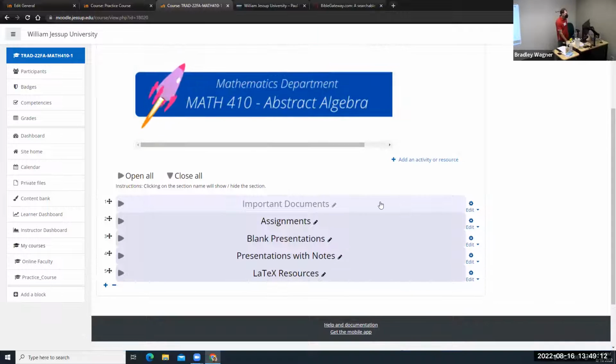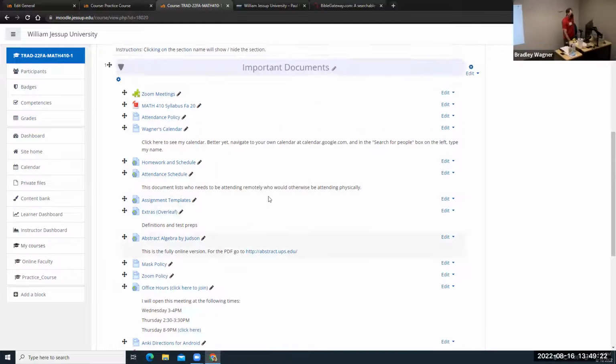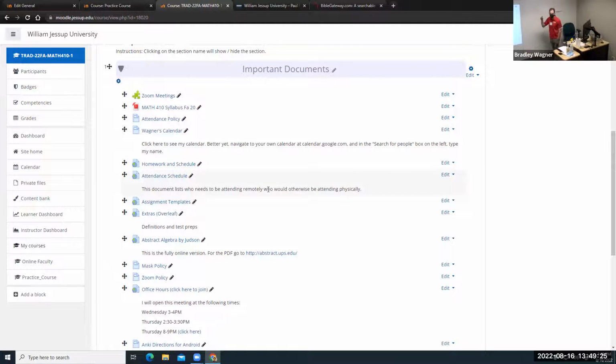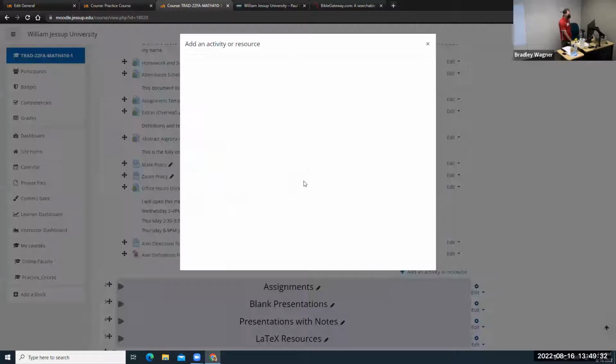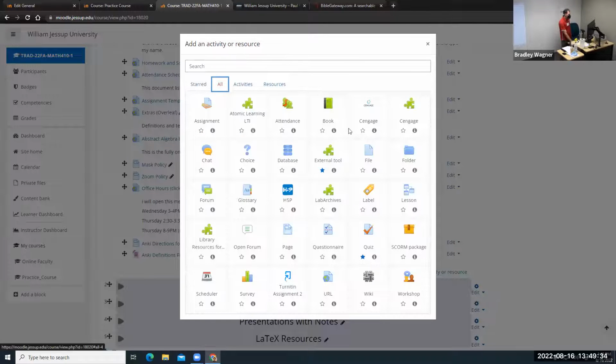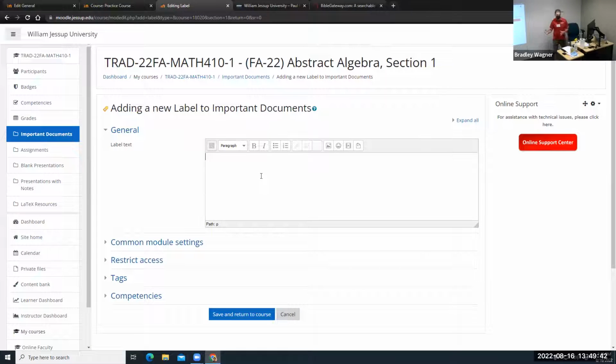Labels. Labels are really useful for dividing up your materials. So right now, this is kind of bad. I have just a monolithic list of a whole bunch of things that my students might want access to. Labels, and you see these used in all the PACE courses, are a way of dividing that up with titles. So if we go down to add activity or resource, and you go to all, you can choose a label. By default, a label is just a way of creating almost like a header. And so you could type in something like